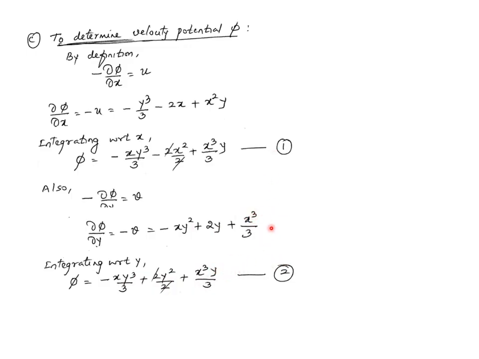So now you can again combine 1 and 2. So what happens is that minus xy cube by 3 is one common term, x cube y by 3 is again a common term, minus x square and plus y square. So therefore it will be like phi equals minus xy cube by 3 written once, x cube y by 3 written once, then what remains, minus x square remains, so we wrote this here, and also plus y square remains. So this is the